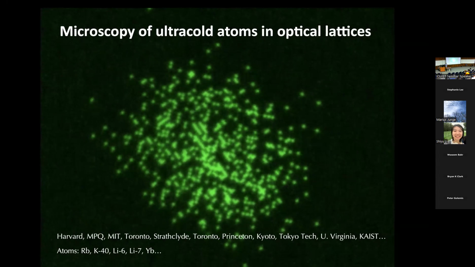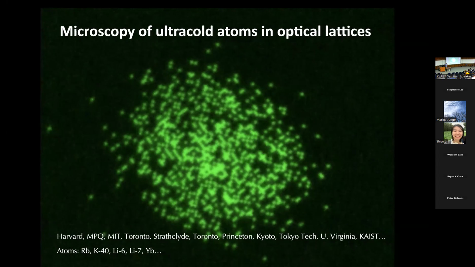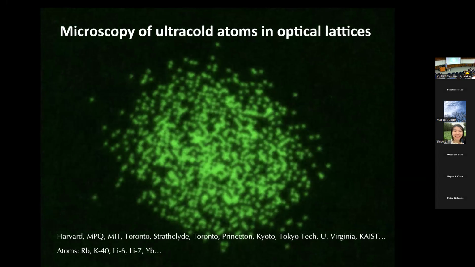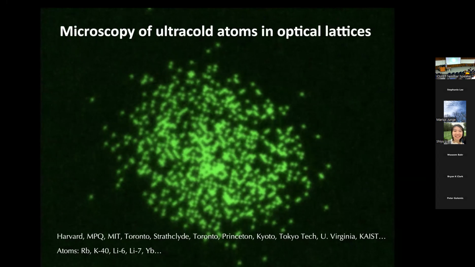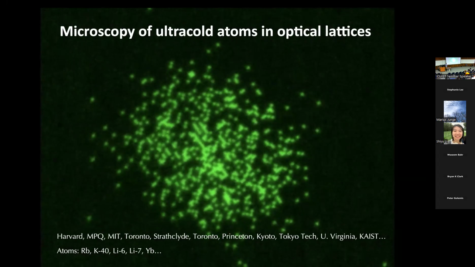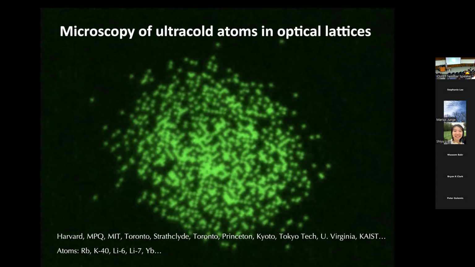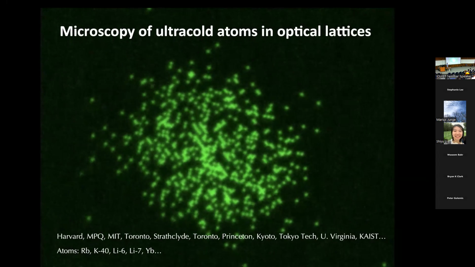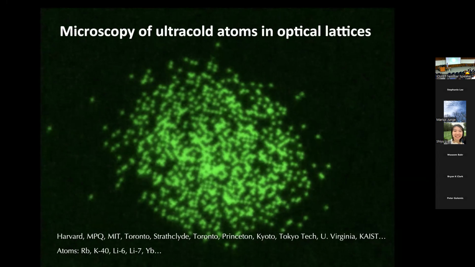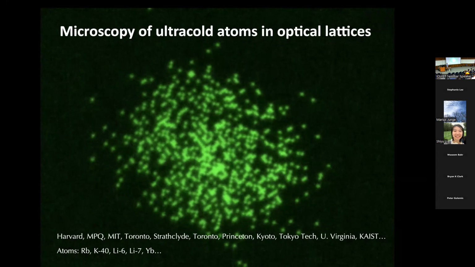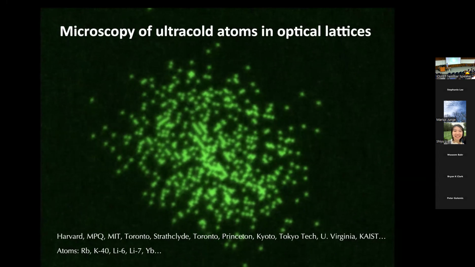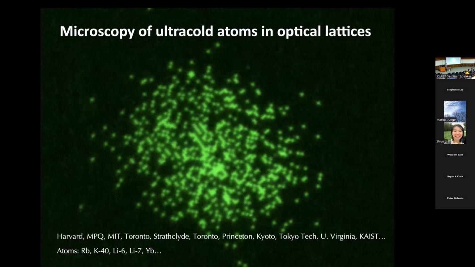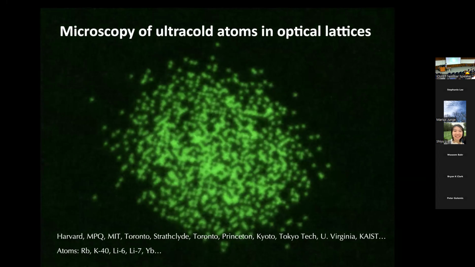We can measure on every site, each green dot here is a single atom. We can see each single atom. So the analogy here in the solid state would be seeing every single electron in your system simultaneously. And you can do this over and over, prepare the same system in an identical way, prepare it again and again, and repeat the measurement, and extract any sort of correlation function you want. It doesn't have to be a 2-point, it could be 3-point, 4-point, 5-point, okay? Any endpoint spin and density correlation function you're interested in.